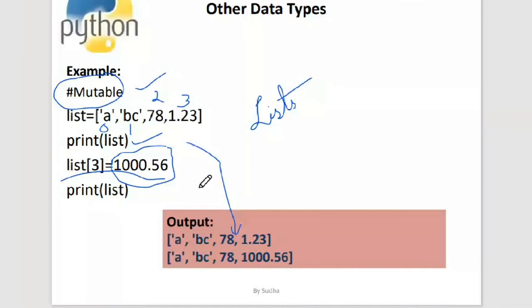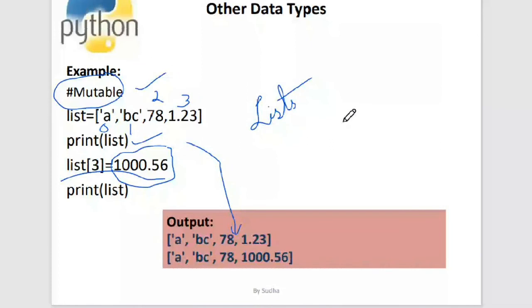Possible. Okay, so everything in Python is an object, so you can happily use the word object. Here we are referring to an object being mutable or immutable. When an object can be changed, it is called mutable. So if it is a list object, then it's mutable. If it is a string object, it is immutable. That's what I have just shown you in the program.